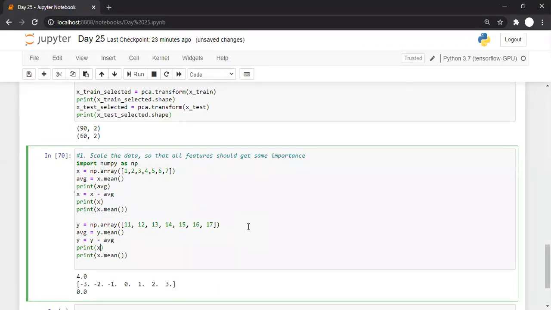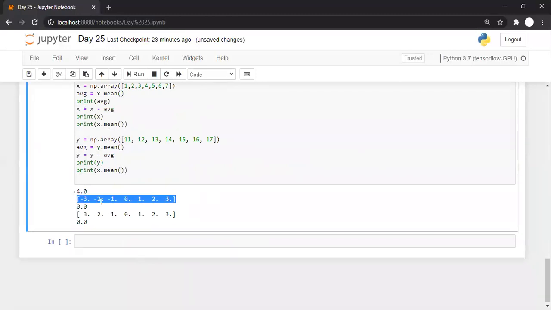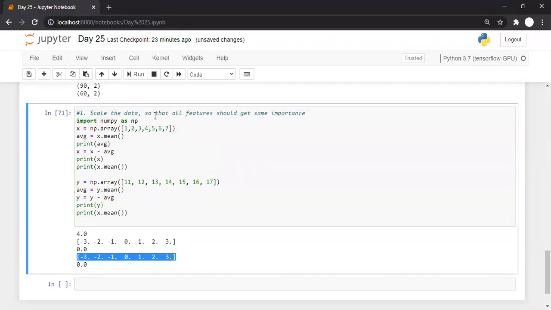Now let us print y and y.mean(). Now you can check that the values after standardization are the same. Earlier x had smaller values and y had higher values.